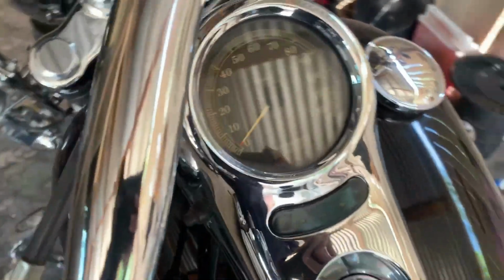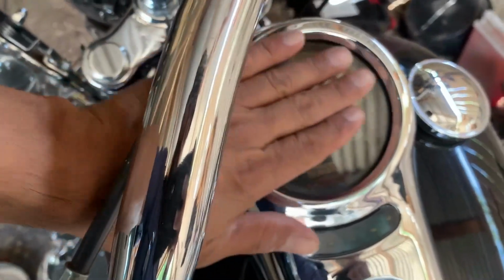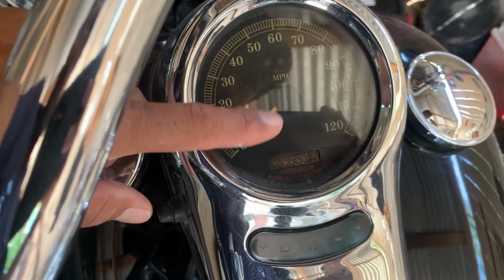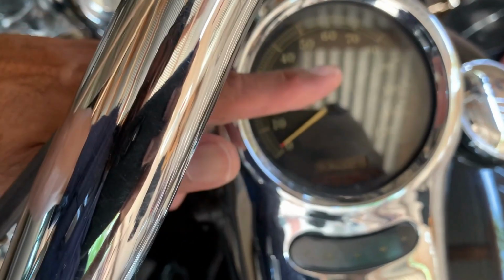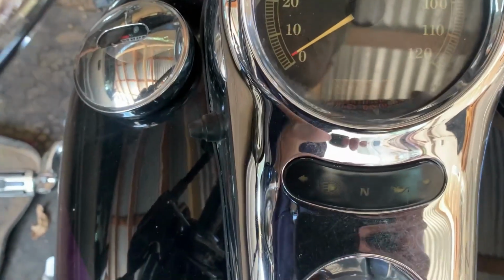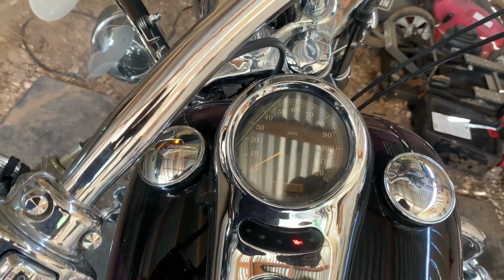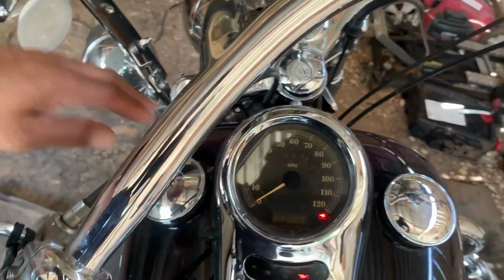But the speedometer here, it's been sun-baked. If you look at the dial, it looks like bacon, dude. I mean, it's cracked and starting to curl up from the heat. And the LED, you can't even read what it says. It's all sunburnt. So what I did was I went to a motorcycle flea market and I bought